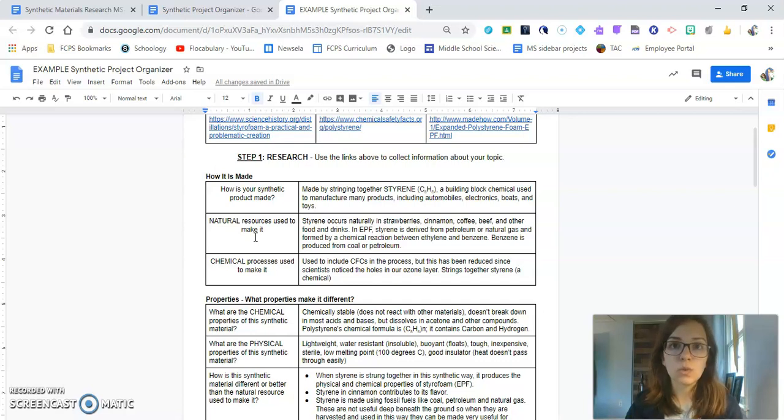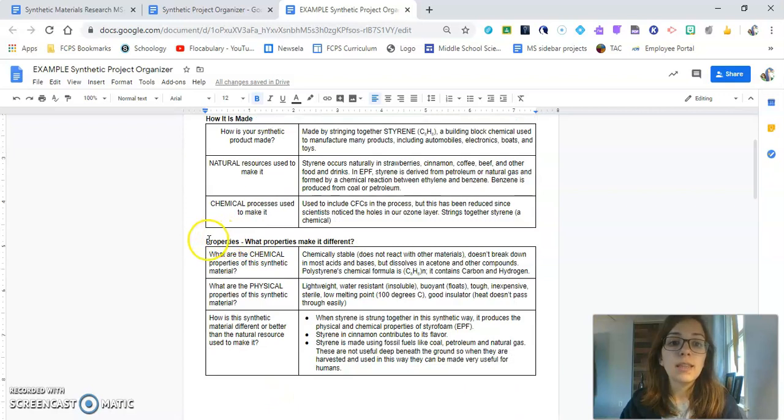Those types of things should be in the resources that were provided. And then properties. So that was from the slides that you had for your start to the week, reviewing chemical and physical properties. So you need to find at least a few of each for your product, and then how that synthetic material has different properties that make it better or just different from the natural resources that were used